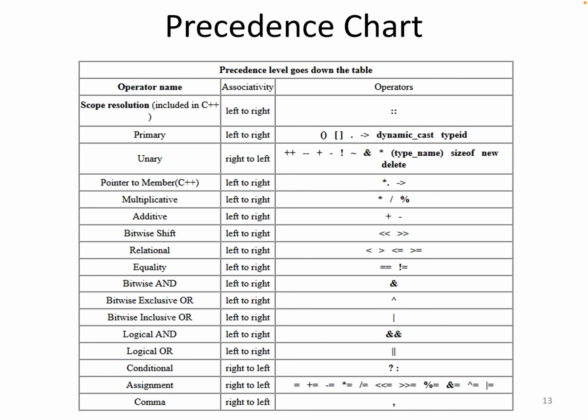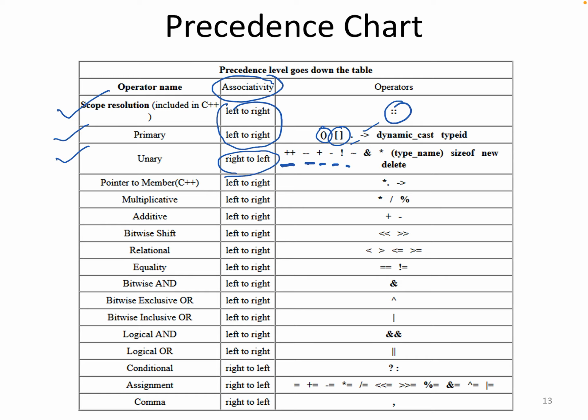So this is called a precedence chart. It is very handy when you are doing complicated programs. So highest precedence is for the scope resolution operator, which is 4 dots. We will see all these things. Next precedence goes to the primary operators, which are bracket, square bracket, dot, arrow, dynamic casting, etc. Then the precedence comes to unary operators, which are plus, minus, exclamation, etc. And you see the associativity is from left to right for these two, but right to left for this.